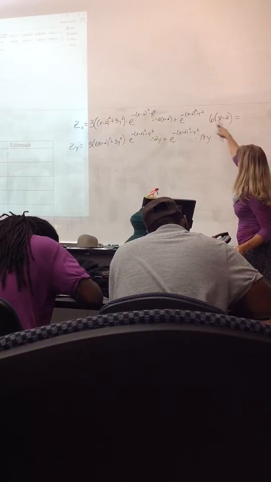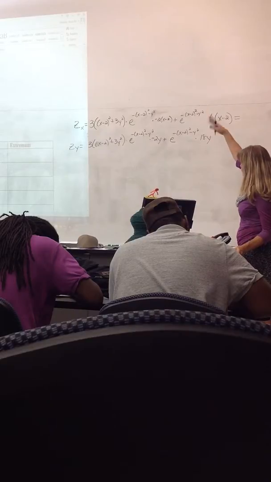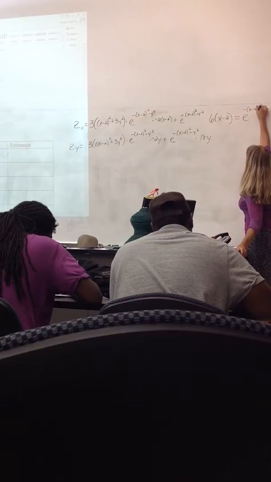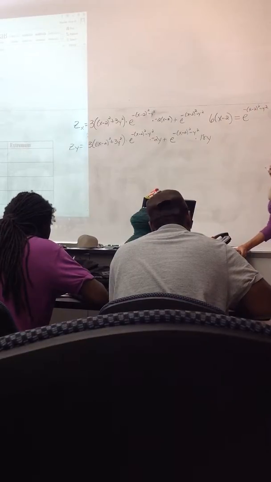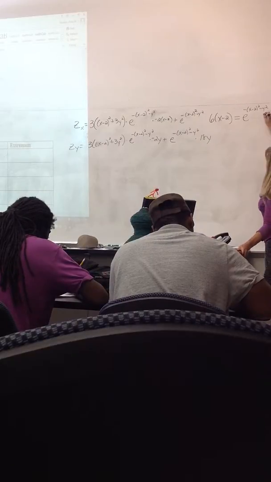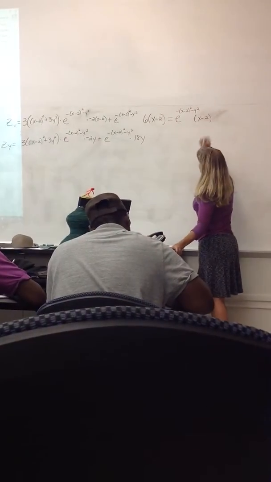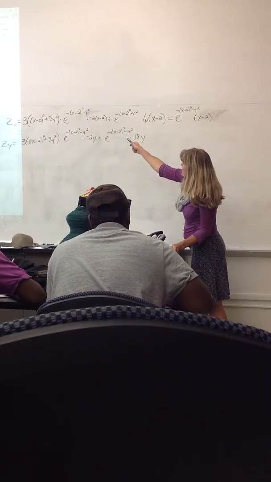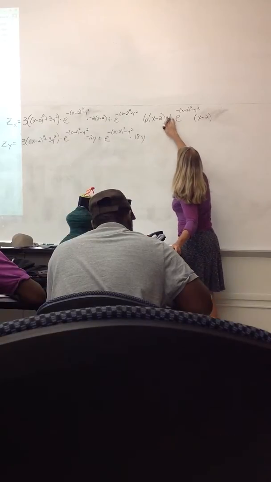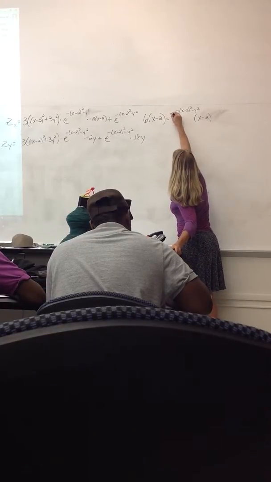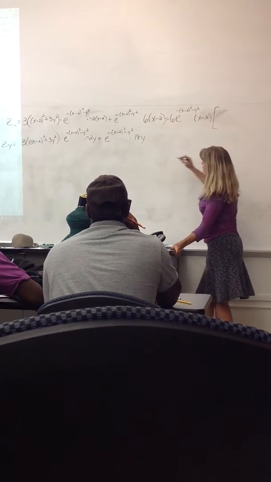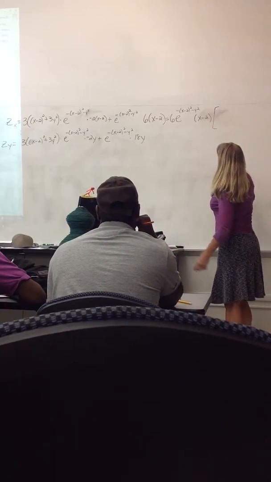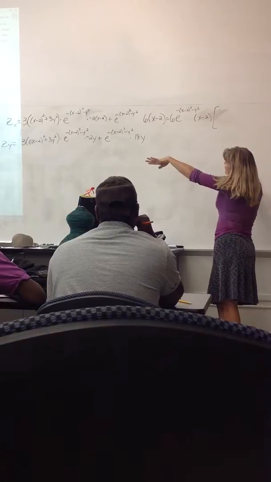Notice both of those terms have e to something in it, so I'm going to factor out the e. And then both of them have an x minus 2. And both of them have a 6, actually, because there's a 3 and then times 2, so they both have 6 that I can factor out. So factoring all of that out of both of these,